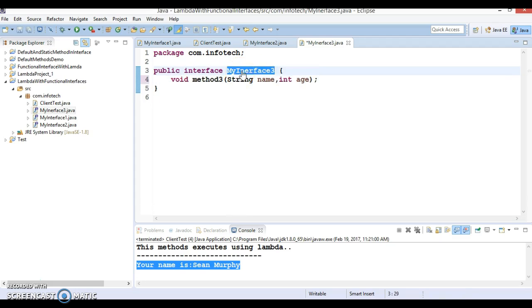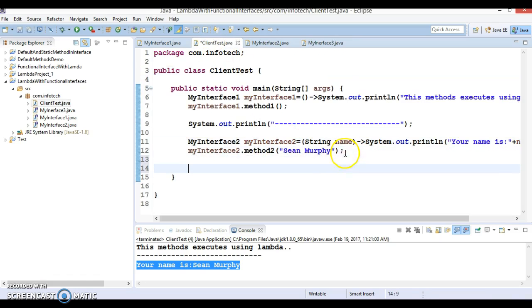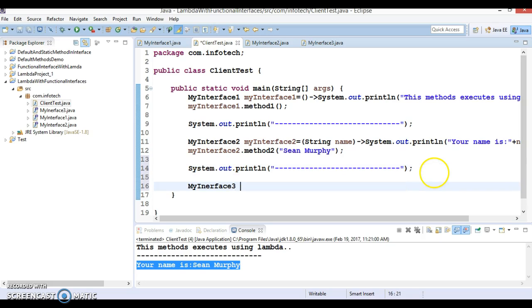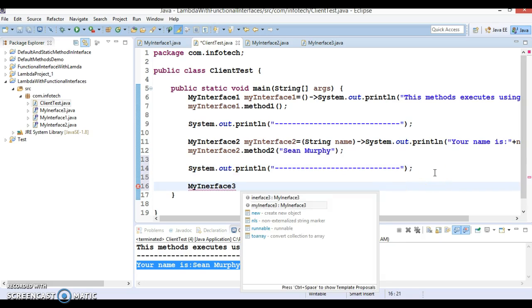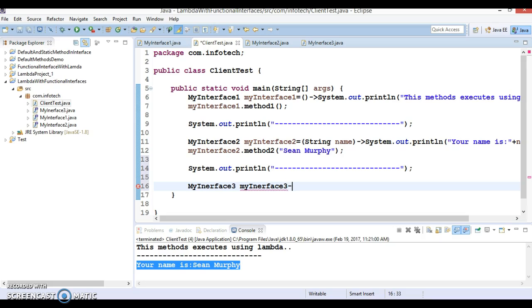Now we have to define a lambda expression for this functional interface in the client program. I want to separate the output from the different functional interfaces, so let's define a lambda expression for this one as well. Here this takes two parameters, first the name and second the age, and after that you need to specify the arrow.